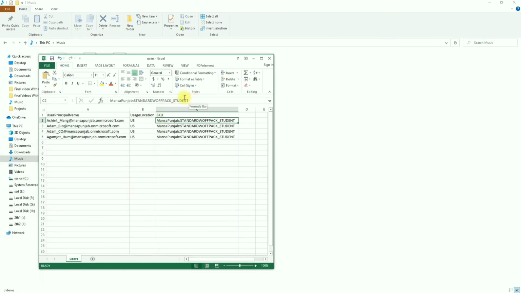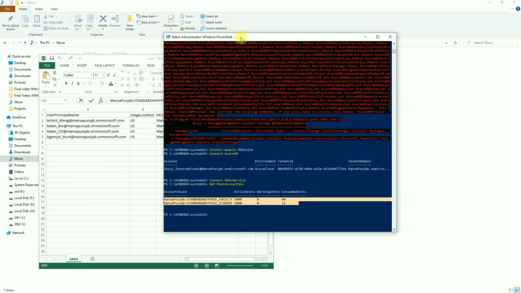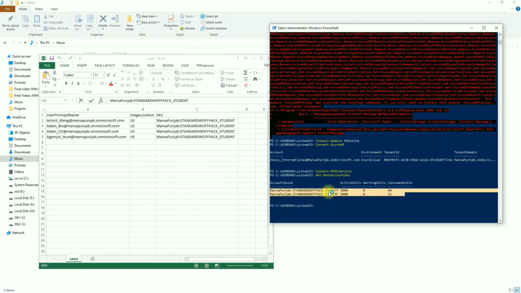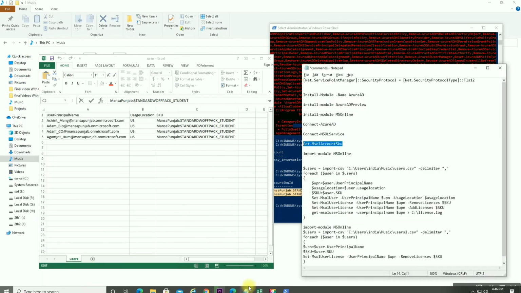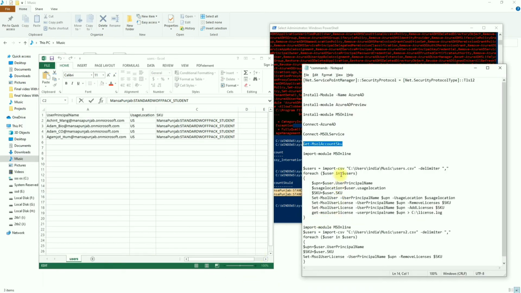For example, Mansa Punjab is my tenant name. Similarly you have your tenant name, and this faculty is the license name. I'm going to change from faculty to student. So I'm going to paste that in my first CSV file, that is user. That is how you can copy and paste all these licenses.